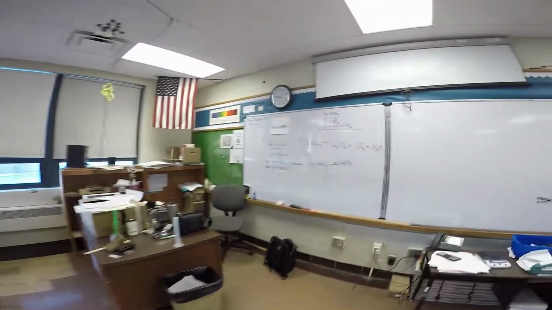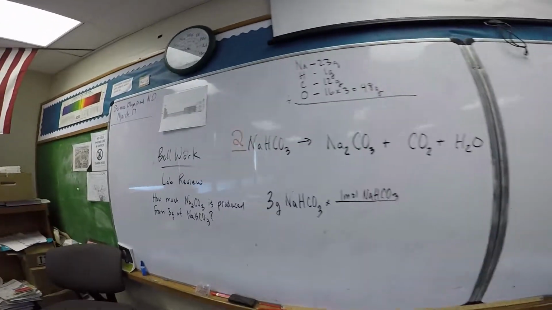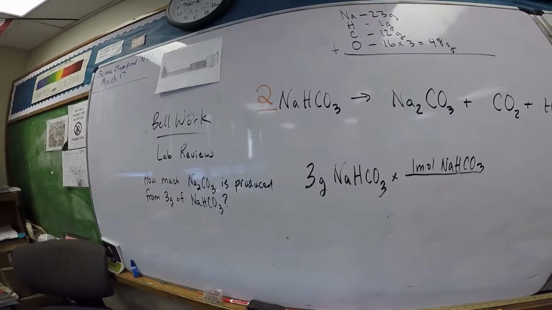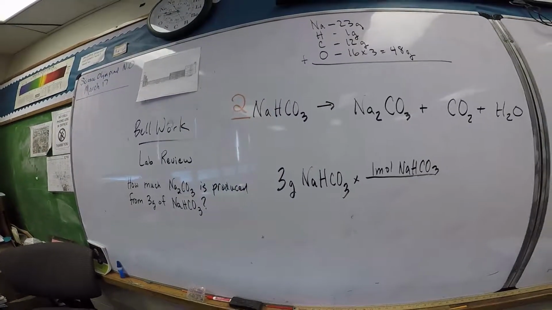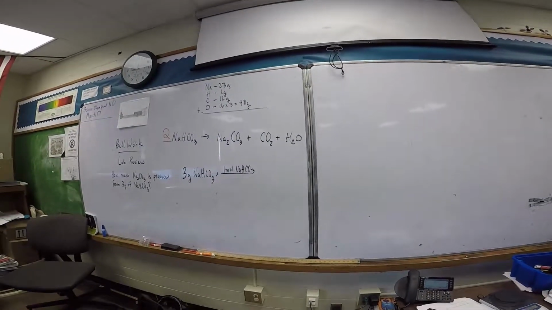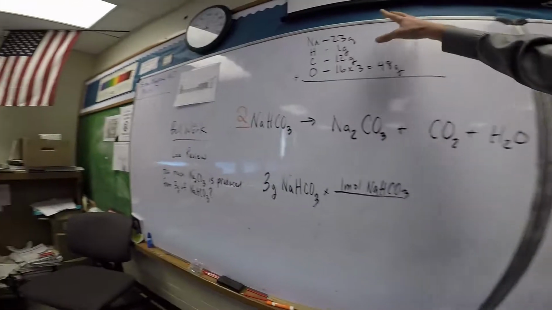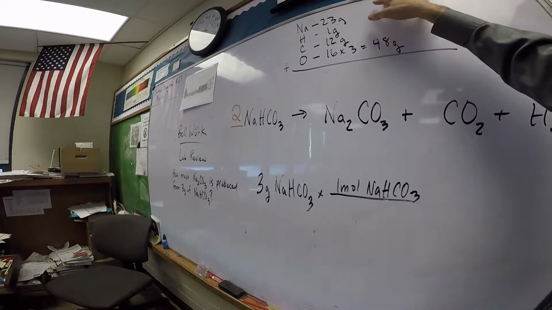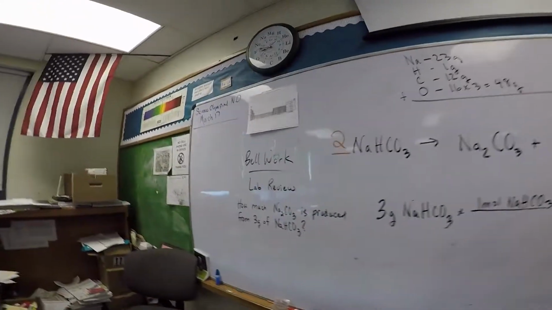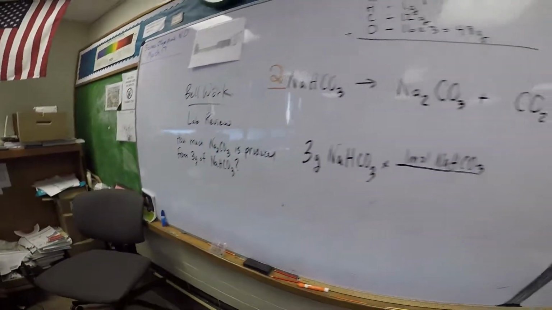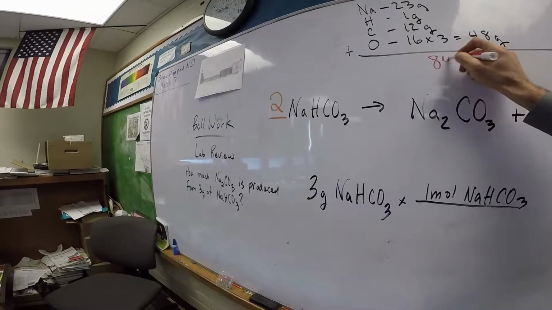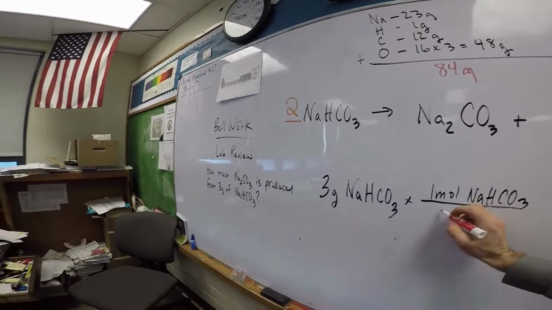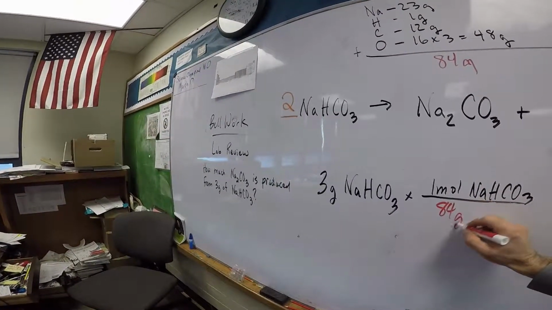Alright, so once again we're up here with the lab we're going to do today. How much Na2CO3 is produced from 3 grams of sodium bicarbonate? So here, what was the total on this, Adam? 84. 84, so we want to write 84 grams there. And that's going to go right here, 84 grams of